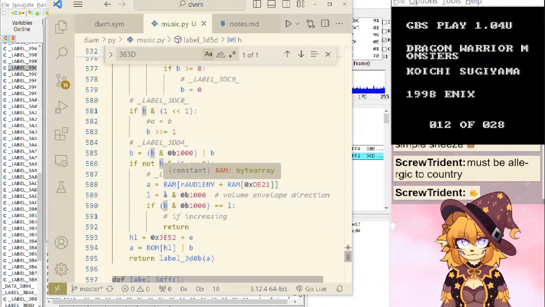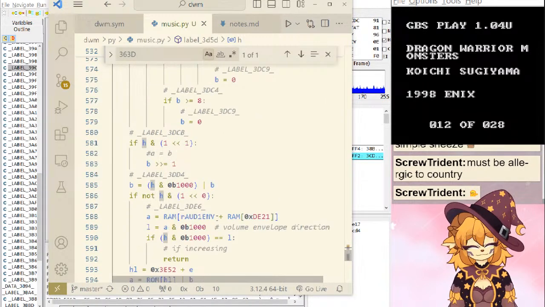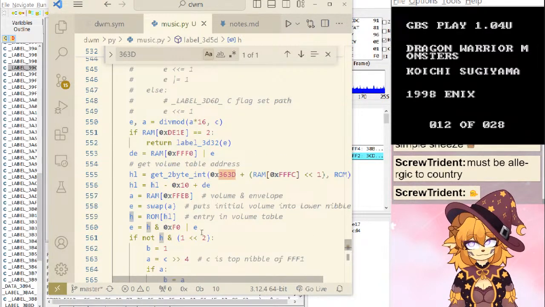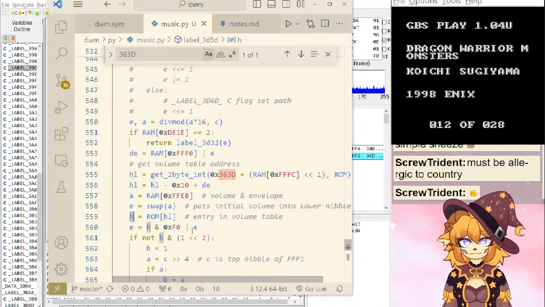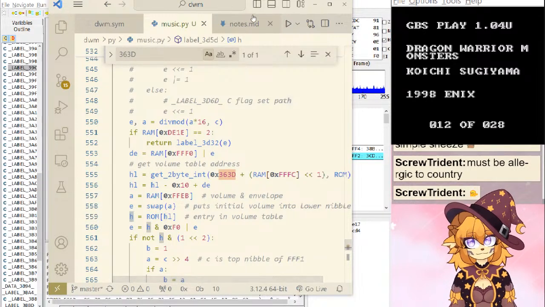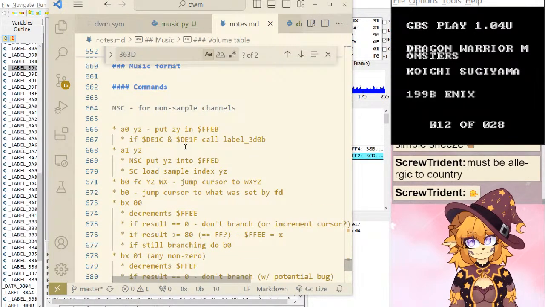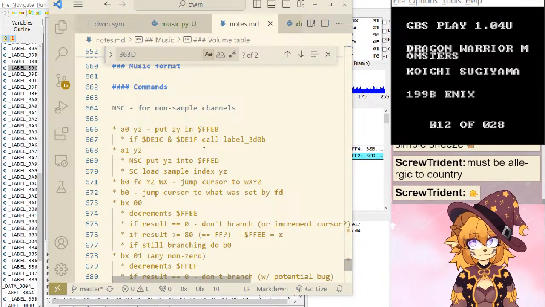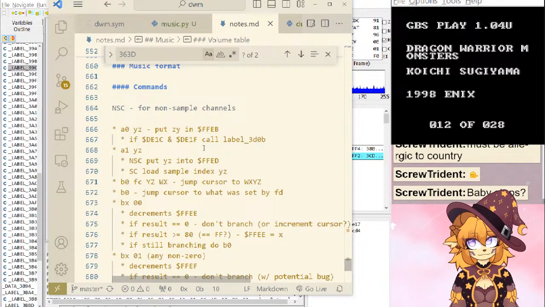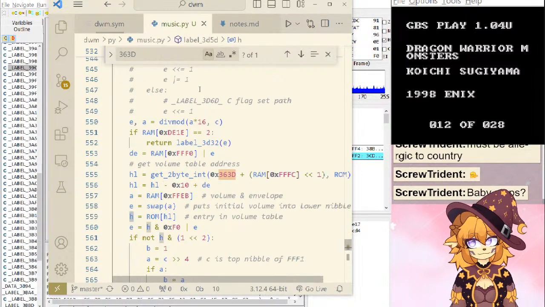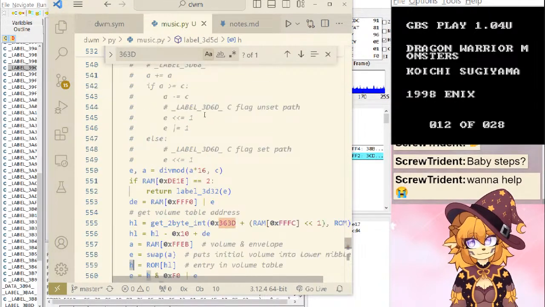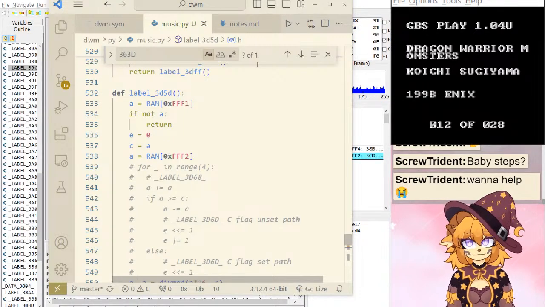Oh my god, this is way too complicated. Steps want to help?